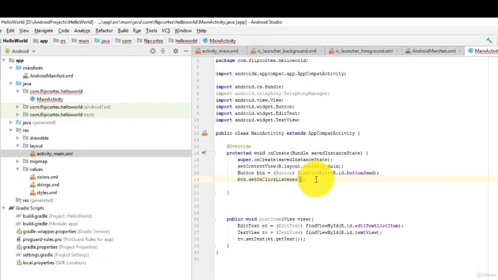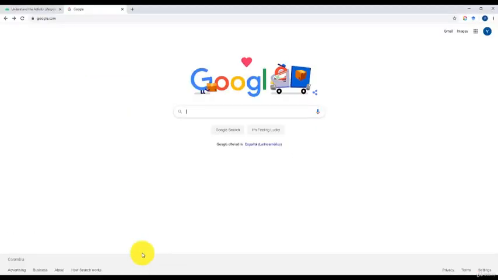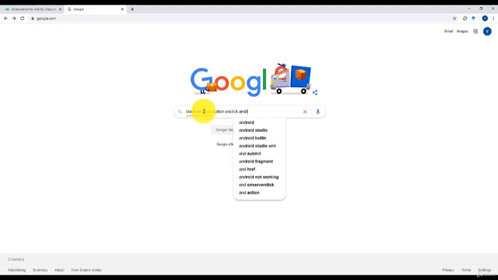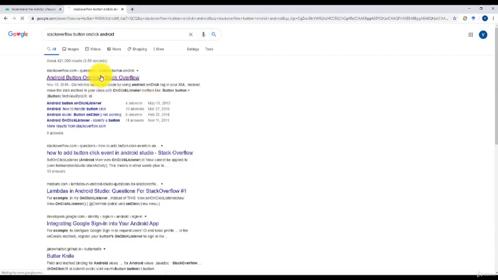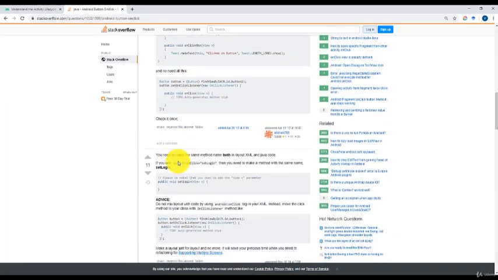Here I'm going to show you how developers work. Google Stack Overflow button onClick. And usually in the first post, you will find your reply. Copy and paste, and change your IDs. This is how many developers actually work.